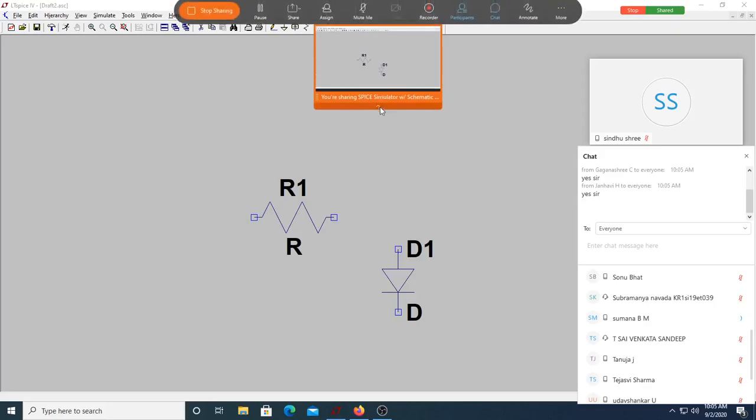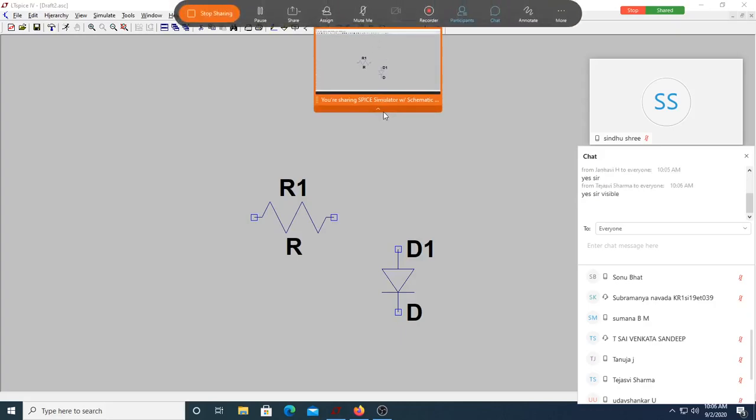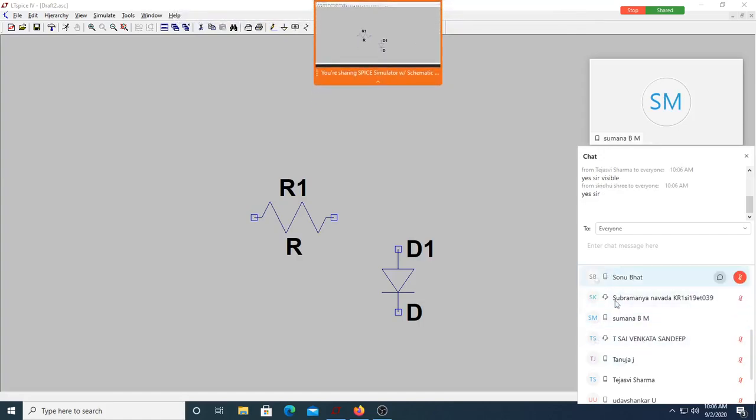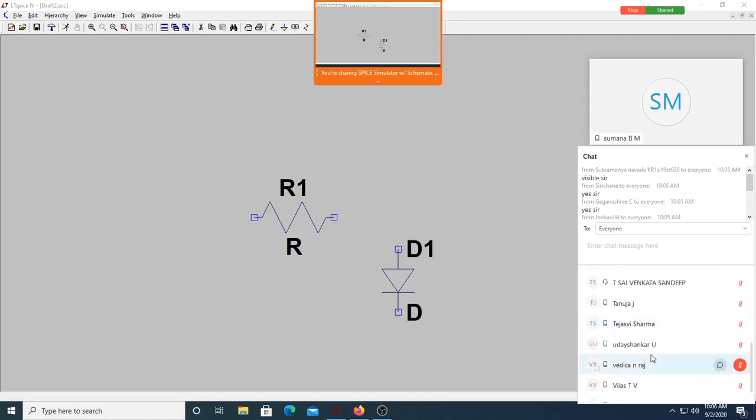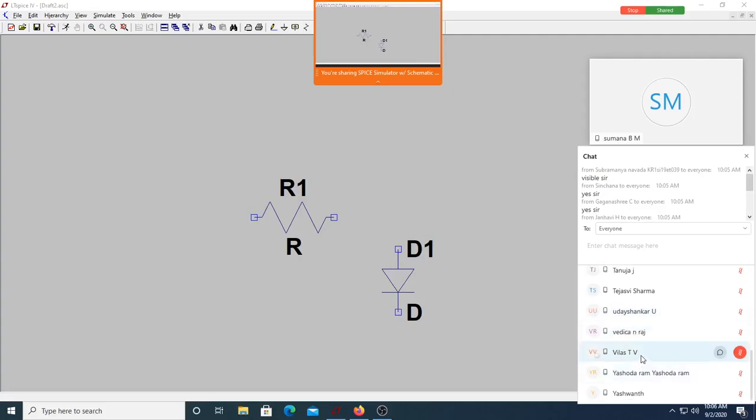What are you seeing now? It's blank. Just check, because many of your friends are seeing the screen, only you are not. Make sure your network connection is good and you have better connectivity, otherwise it will be an issue. Maybe you can mute yourself, log out, and log in again, so it may improve. I'll try that.